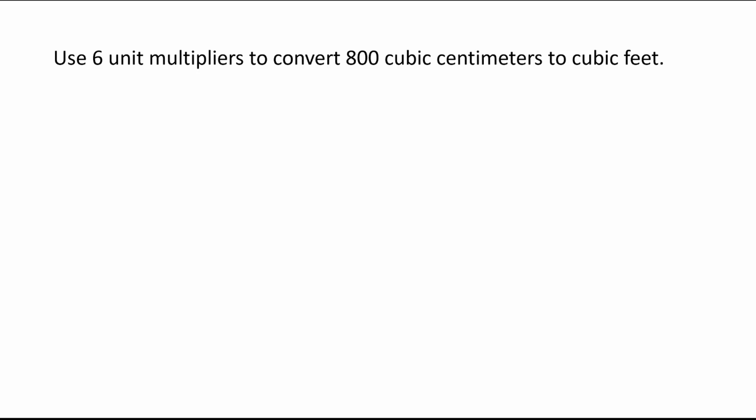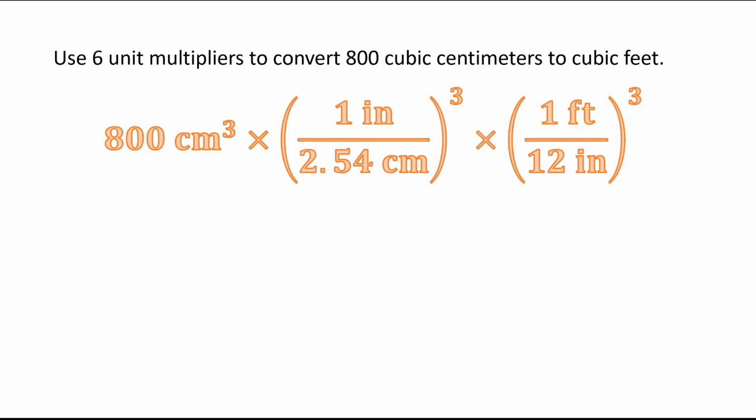All right, use 6 unit multipliers to convert 800 cubic centimeters to cubic feet. So I'm starting out with 800 cubic centimeters, and then I'm going to need to multiply that by the unit multiplier that changes centimeters to inches. So there's 1 inch in 2.54 centimeters. I put centimeters on the bottom because I want to cancel the centimeters, and I'm going to have to do this 3 times to get rid of the cubic centimeters and end